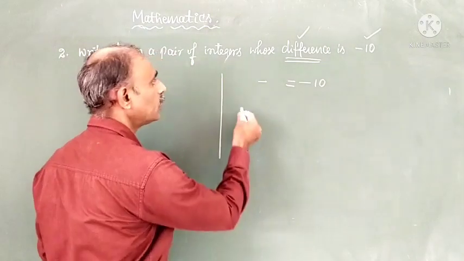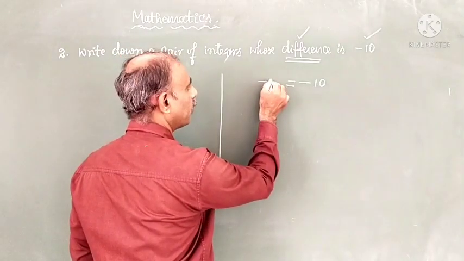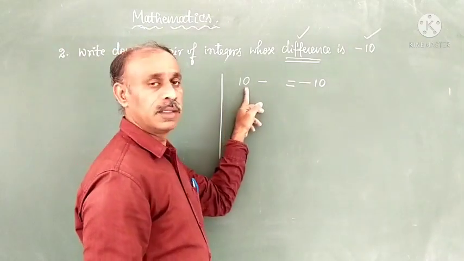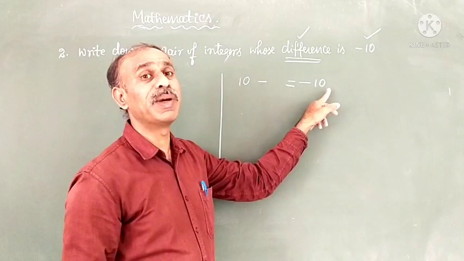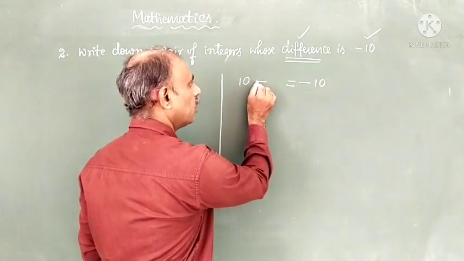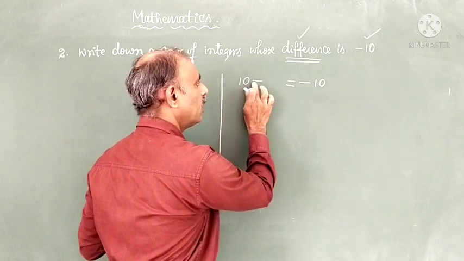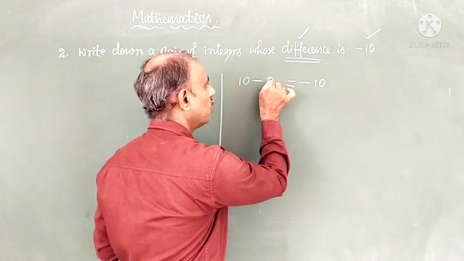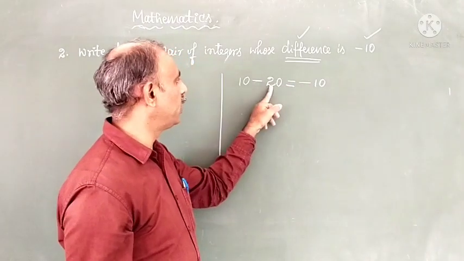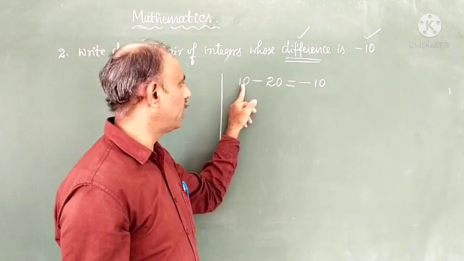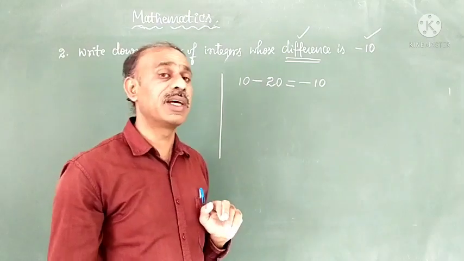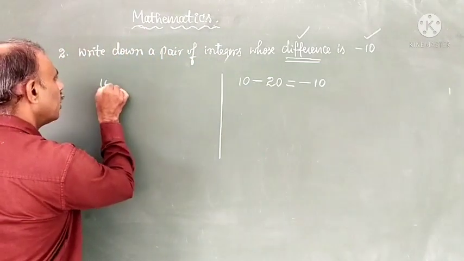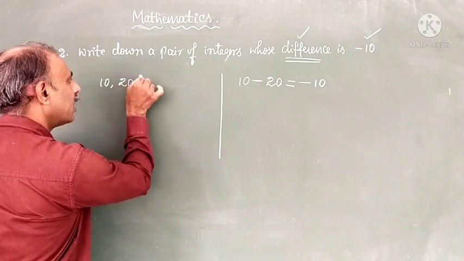Okay? So then, suppose I am going with some 10, minus how much? I am going to get minus 10 as the result. So from which number should I take the difference to get minus 10 as the answer? It should be 20 itself, right? 10 minus 20 is minus 10. Which are the numbers I used now? That is very important. Which are the numbers I used? 10 and 20. 10, 20 I used.